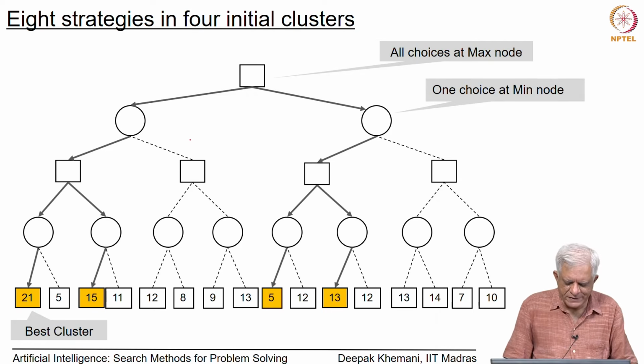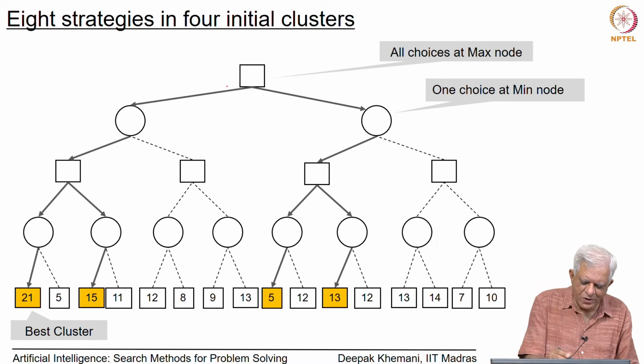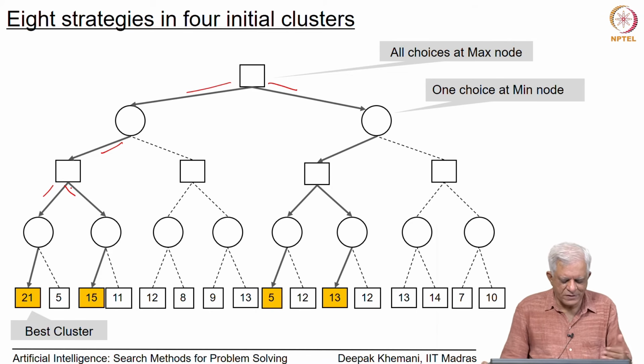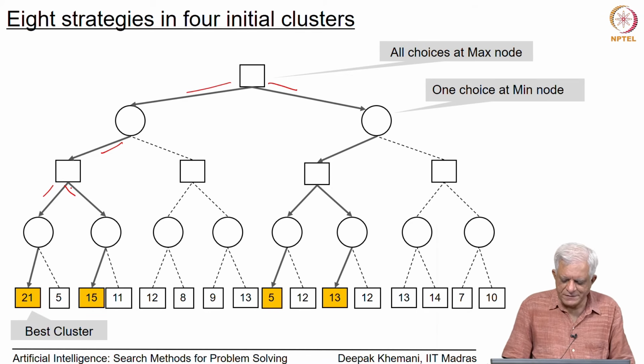creating any difficulty. So, in our tiny game tree we follow this procedure, and you can see that we would have constructed this, identified these 4 leaf nodes shown in orange here. So, you can see that at the top level we chose both the branches for max, at the min level we chose only one branch, and then at the max level we again chose 2 branches. So, in this manner we constructed the 4 clusters, and